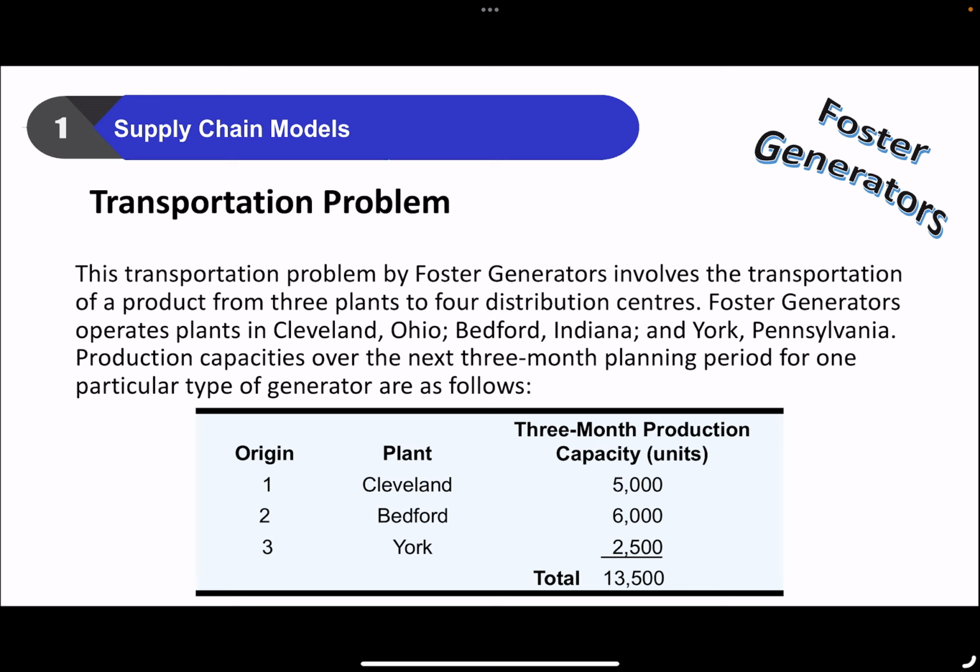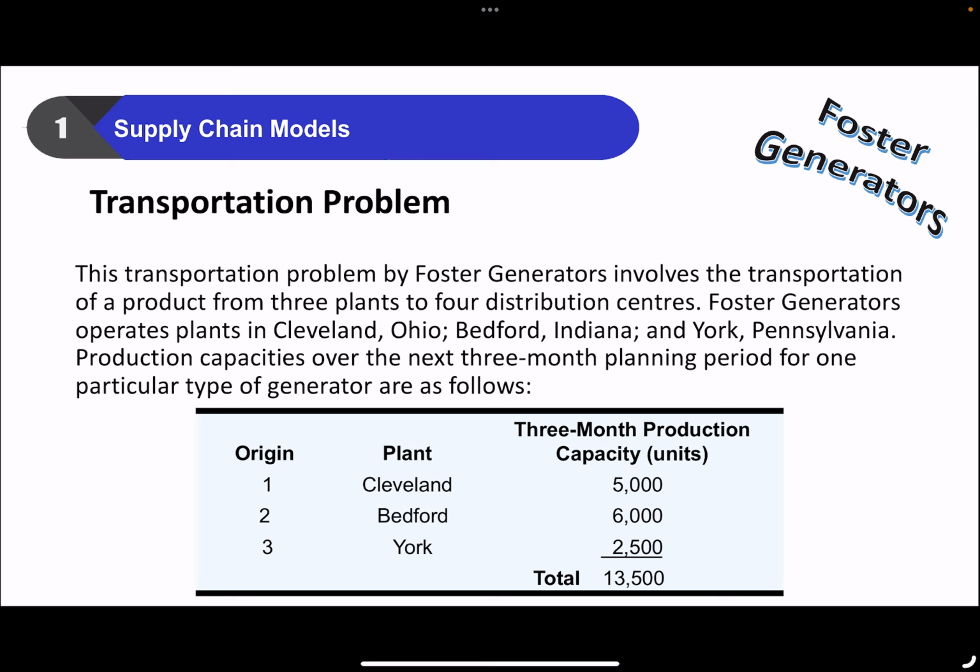The production capacities over the 3 months planning period for one particular type of generator are as follows. Cleveland can produce 5,000 units, Bedford 6,000 units, and York 2,500 units, making the total production for 3 months at the 3 plants